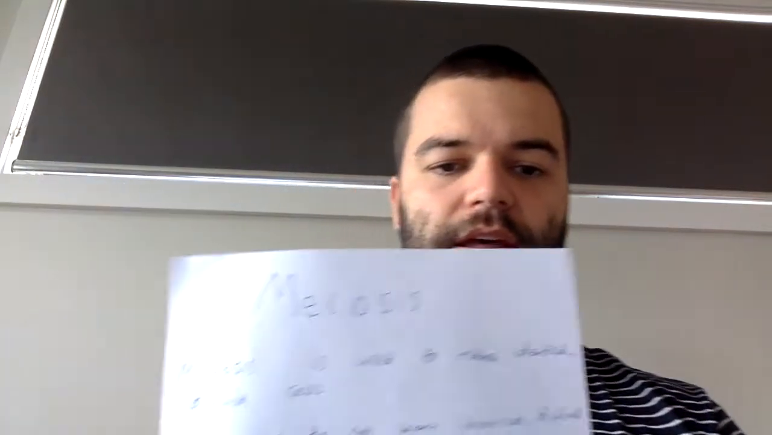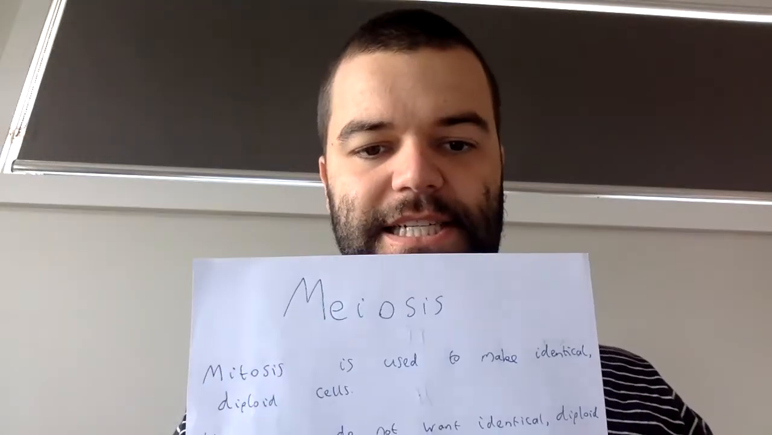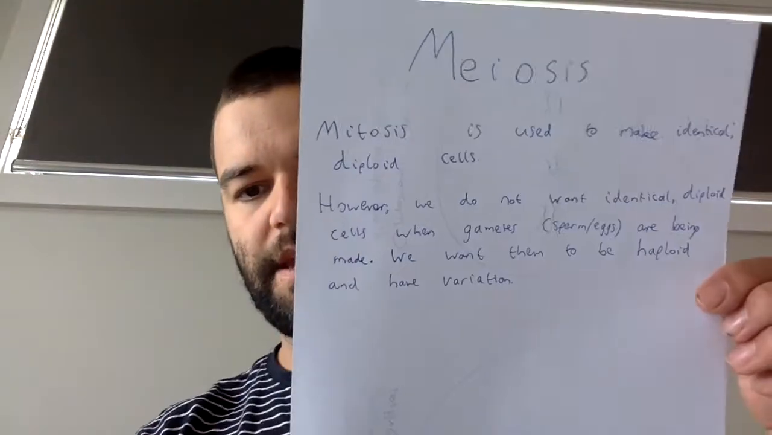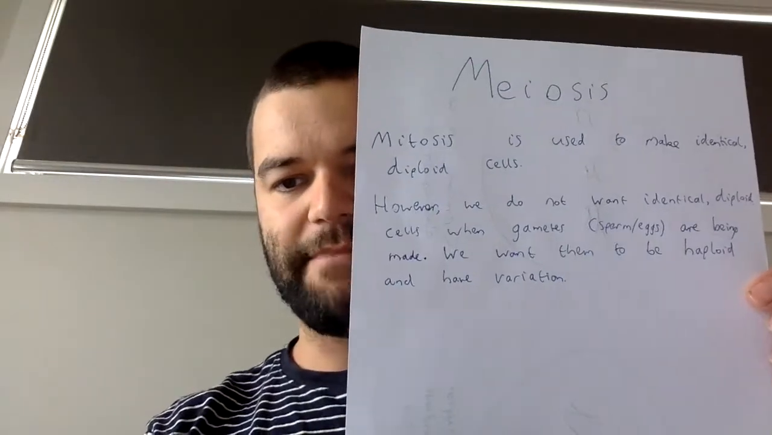Okay, so today we're looking at meiosis. Last week we were looking at mitosis, the way that cells make identical copies of themselves. This is meiosis that makes the gametes. Okay, so we said that in mitosis, identical diploid cells are made, but we don't want gametes, which are sperm